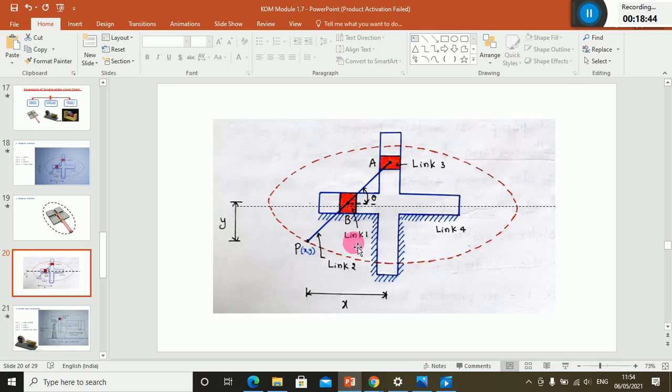At your home, you can try this. If there is no connecting link, then there is a possibility of the sliders colliding with each other. By varying the coordinates X and Y, and by varying the length that connects A and B, you can get a bigger ellipse or a smaller ellipse with a different semi-major axis. Sometimes you can get a circle also. If you take the midpoint of A and B, it will trace a circle. You can try it at home. Okay, thank you.